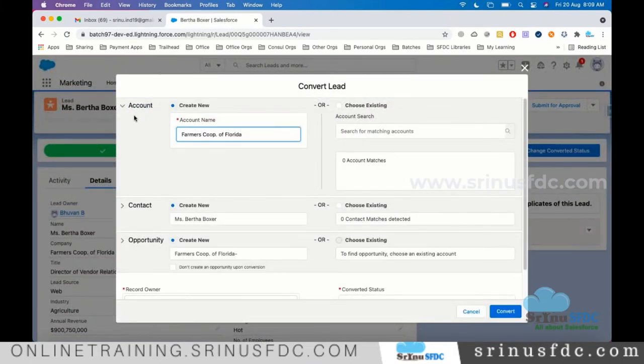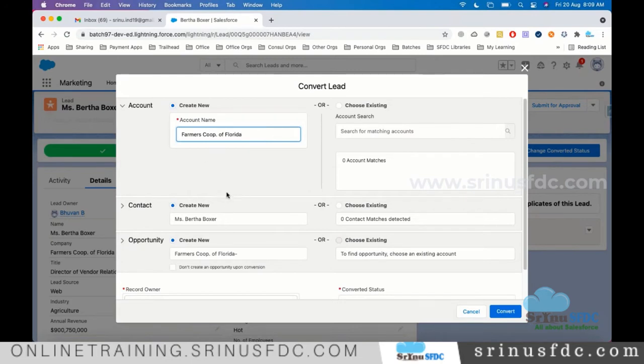Here, account means company. Whatever company-specific information is there in the lead will be captured into account. Whatever contact-specific, personal information is there will be captured into contact. Opportunity is the deal, what exactly they want. Also, which fields of the lead will be mapped to which fields of the account, that mapping I'll show you going forward. Internally, there is a mapping of which field of the lead is mapped to which field of the account. As per that, it will automatically map.